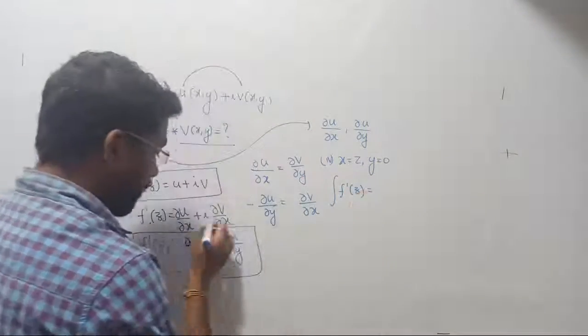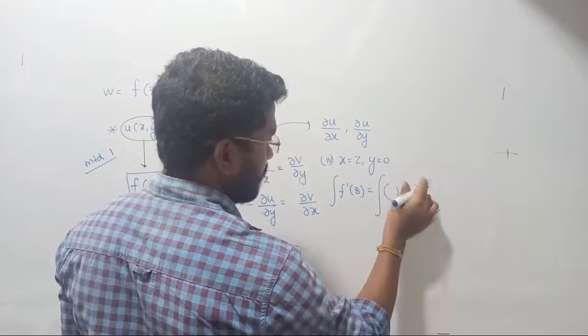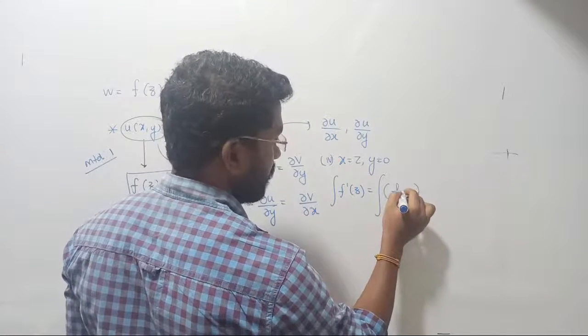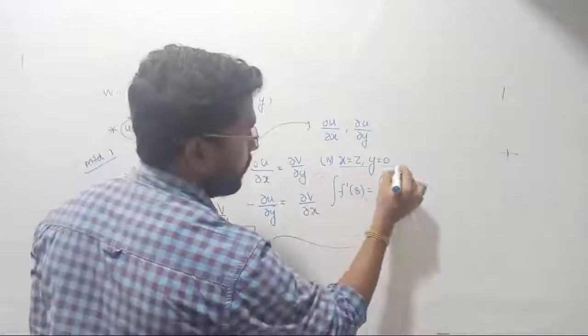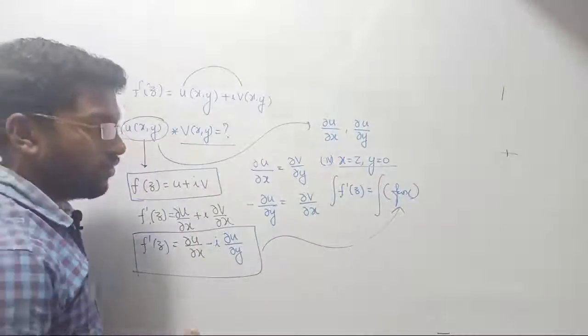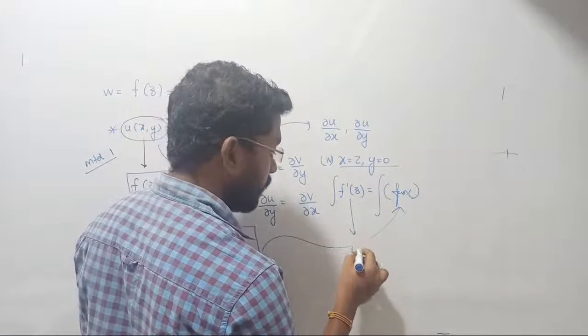Okay, now if you take integration on both sides, I have some variable, some functions. I'm just writing like this. In the function, you have to take integration after replacing x by z as well as y equal to 0. Once you replace, f dash of z will be transformed to f of z such that